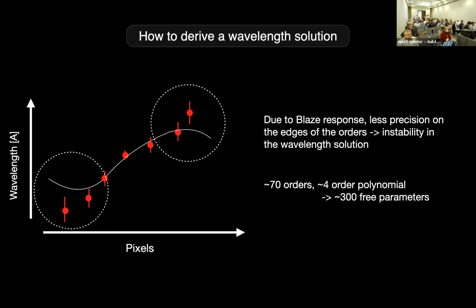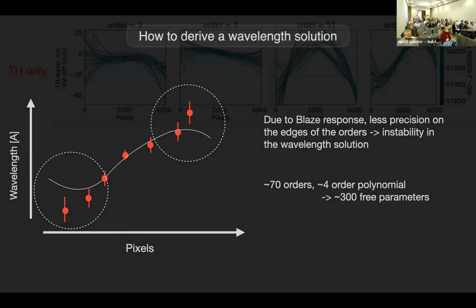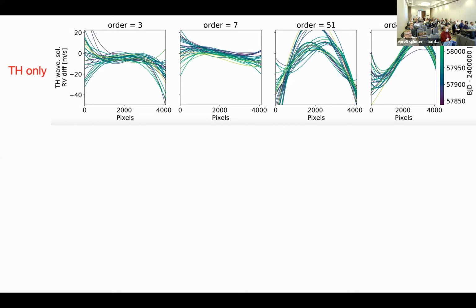And then overall, if you do this for each order, normally we fit a fourth order polynomial, something like that, because you cannot really do more. 70 orders, it's nearly 300 free parameters. So it's really a lot of free parameters for a spectrograph that is not supposed to move that much in the end. Okay. So here you can see for different orders, from the blue on the left to the red,